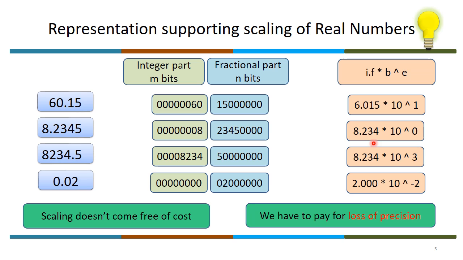See what happened here. When I fix my field width for the fractional part, 2, 3, 4, I am losing some precision, right? Here in this case 8, 2, 3, 4. Again I am losing some precision here. So we have to accept this scaling with a pinch of salt. The pinch of salt will be the loss of precision, right? Next,